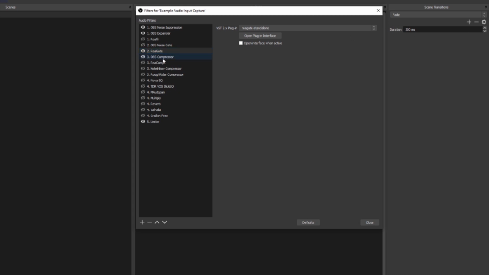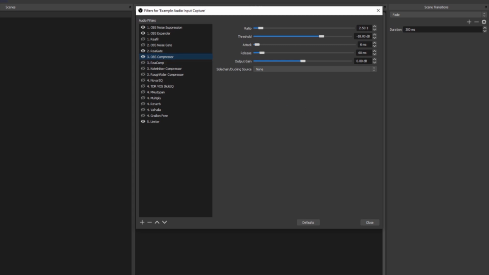Let's turn the OBS compressor on, have a look at the settings there. Again, this is the built-in compressor. With the compressor on, I can do things like shout "Goal!" or belt out a little singing number, and the compressor should even things out. The compressor takes the louder things and makes those quiet. The default ratio of 10:1 here is way too high, so again I suggest using somewhere between 2 and 4:1